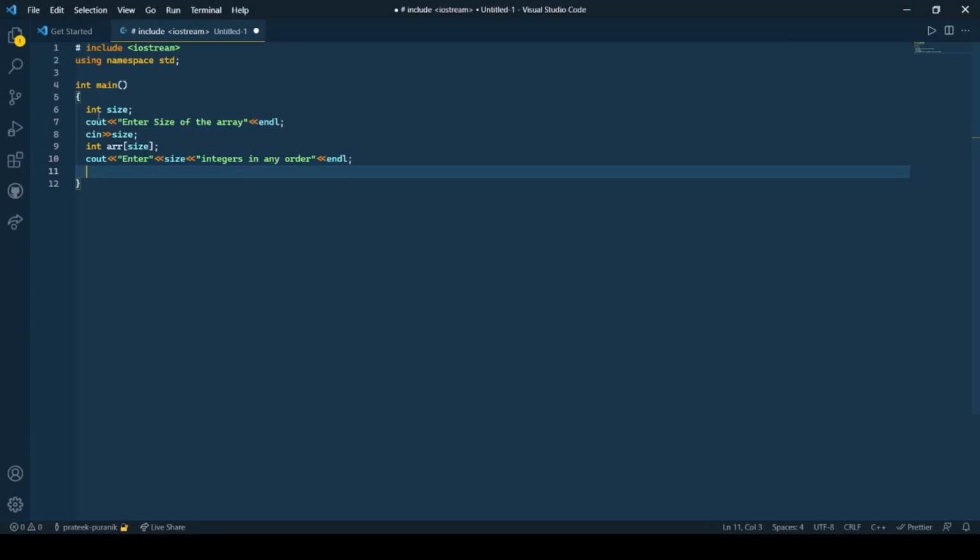Now in order to accept an array, we create a for loop: int i is equal to 0. We need to initialize i, then i should be less than size, i plus plus. So as you can see over here, we are accepting the values from the user of the array. That means the unsorted array which we are going to then sort using quicksort.